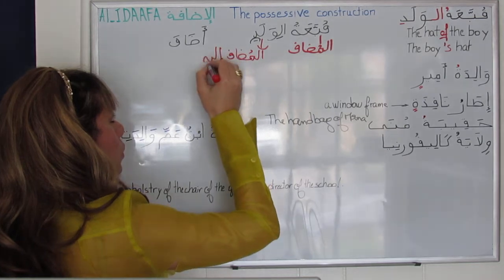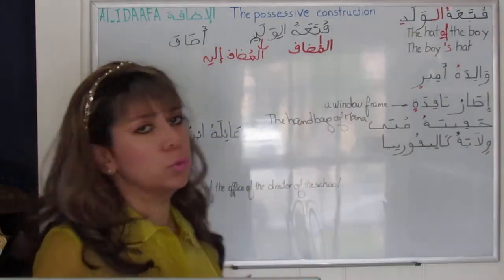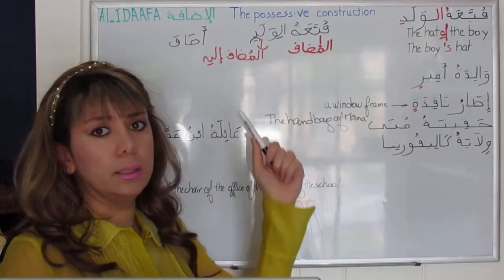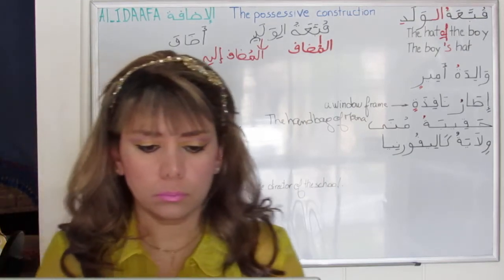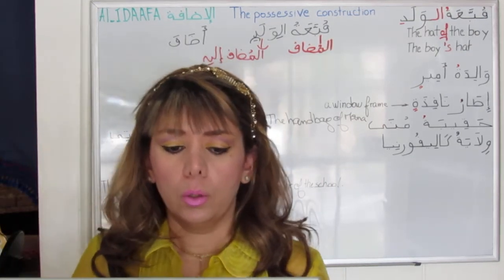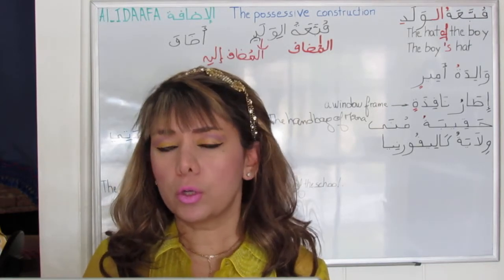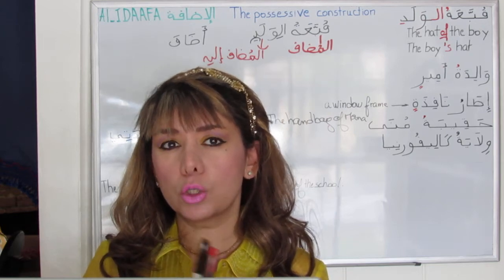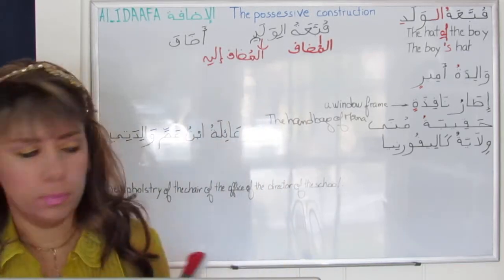Added to. So al-mudaf, qubba'a, it was added. Al-mudafu ilayh, al-waladi, added to. Added to the boy. So more than one idafa construction can be used together in what is called complex idafa. For example,